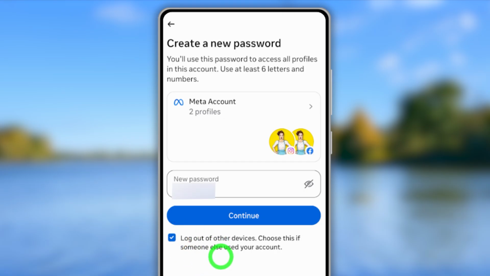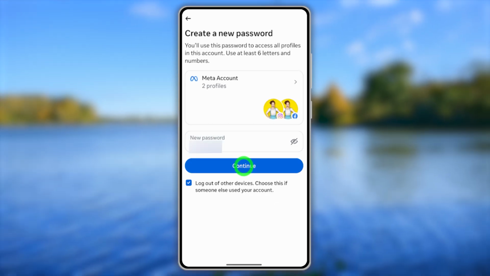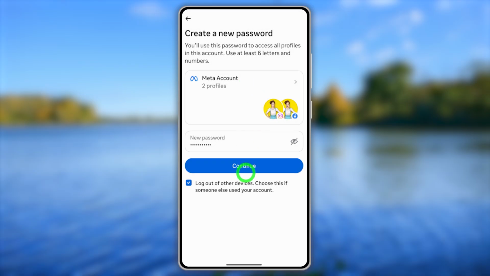Like this, I will enter my new password. Then this password will be set for all of your Meta accounts. So just tap continue. Then your new password will be saved and you can log back into your Instagram account